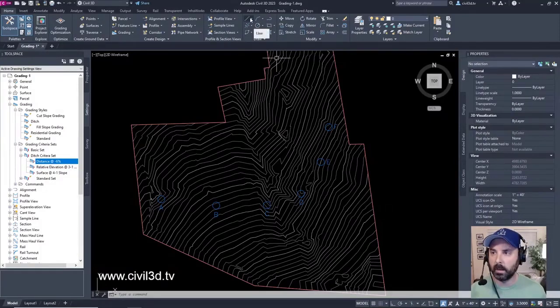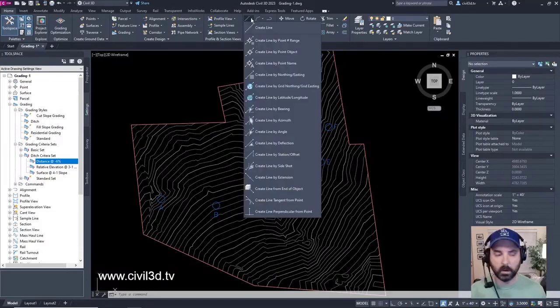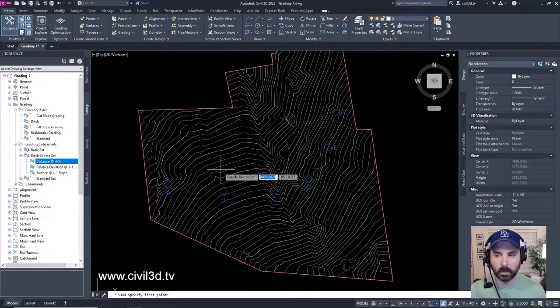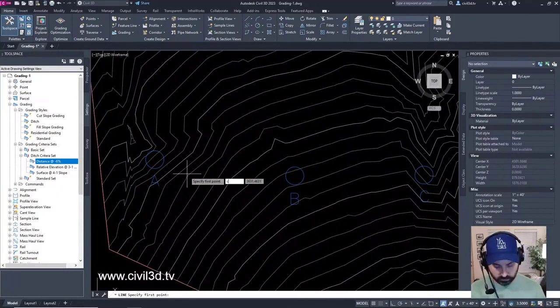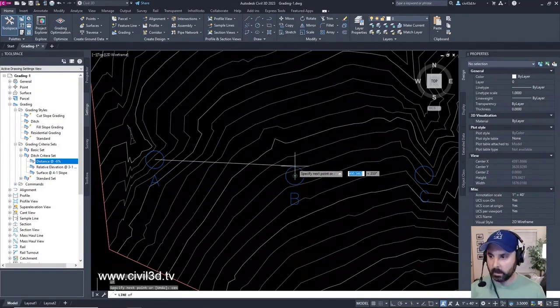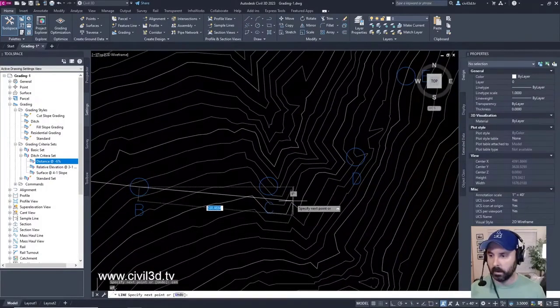We're going to create a line. Click that drop down. We're going to create a line from the center of A to the center of B, and then to the center of C.